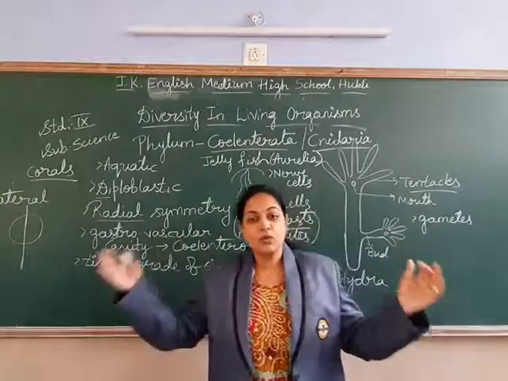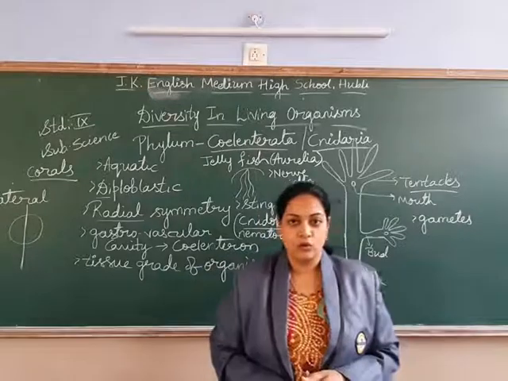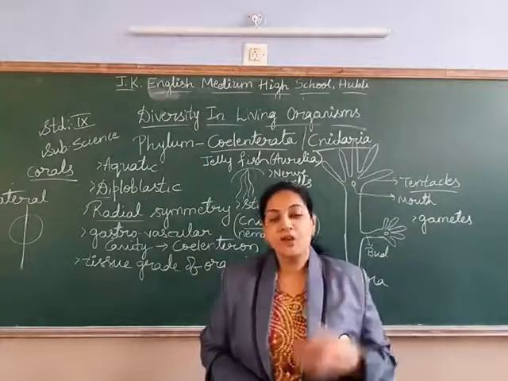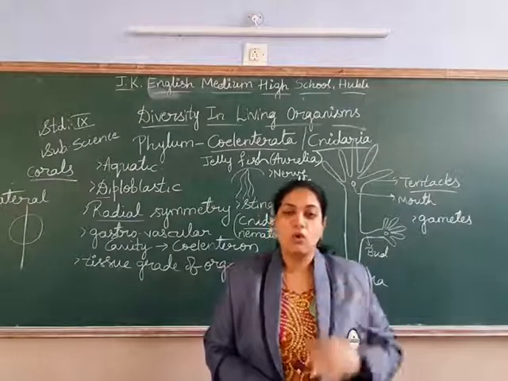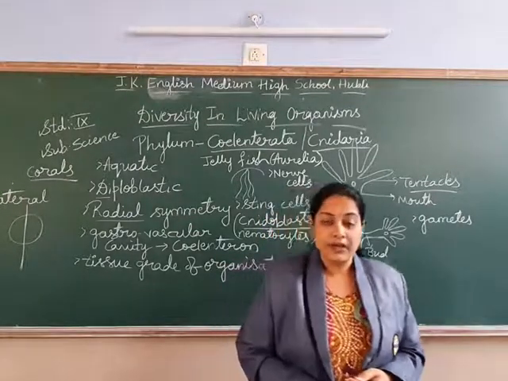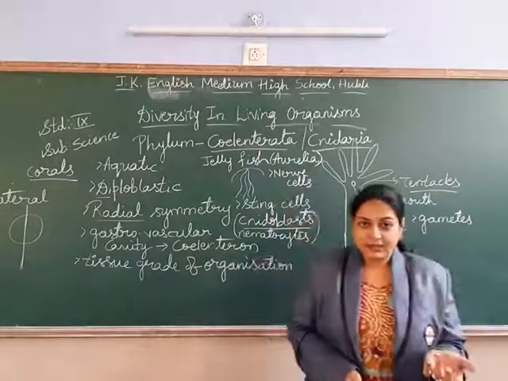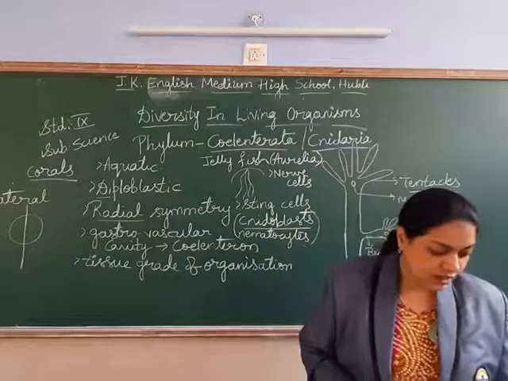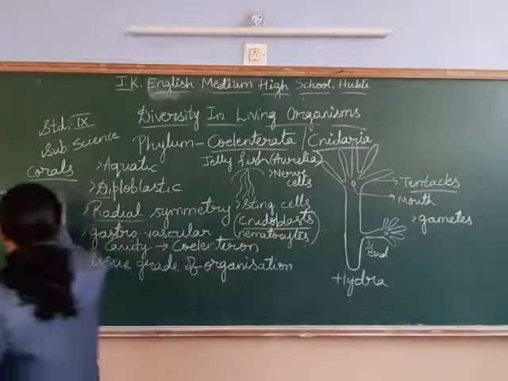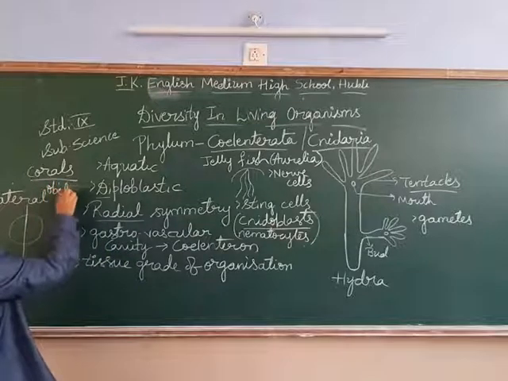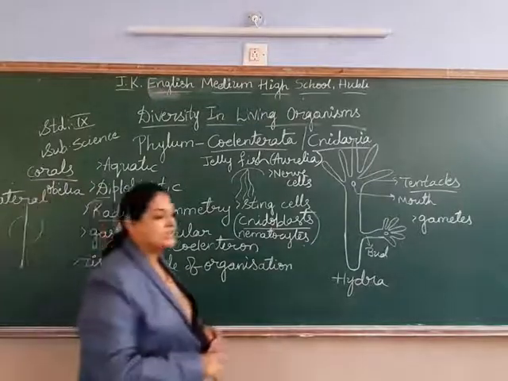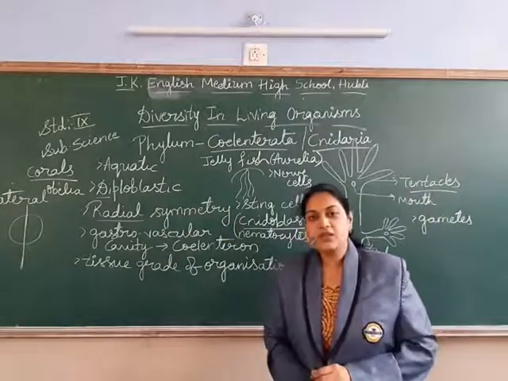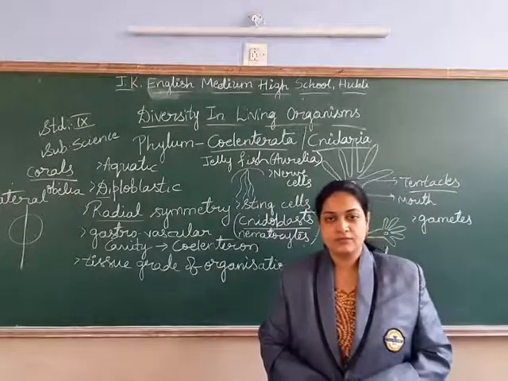These animals can grow together in huge quantities, meters wide, and that extract we use for jewelry and ornaments. That is called corals, or coral reefs. Red color and different colors you will get in corals. One more example is Obelia. So these are the examples of the phylum Coelenterata, as well as their general features.